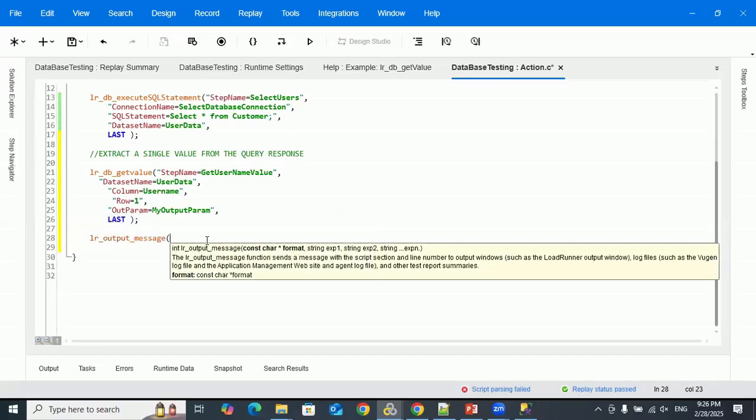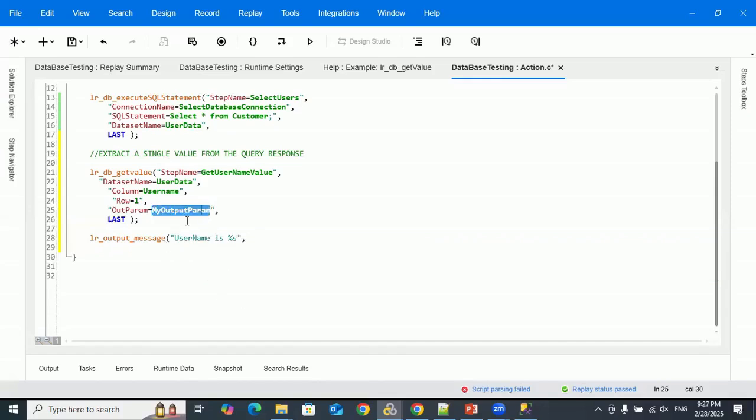Here I'm going to print a particular message, an output message, which I can see in the output pane. I'm going to provide a message, username is, and give percentage s,